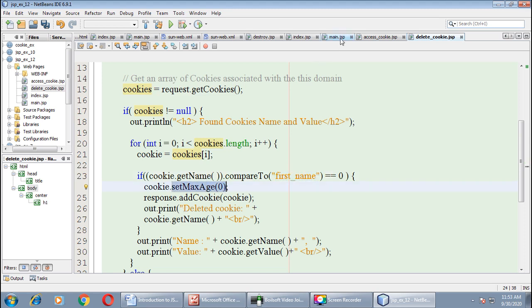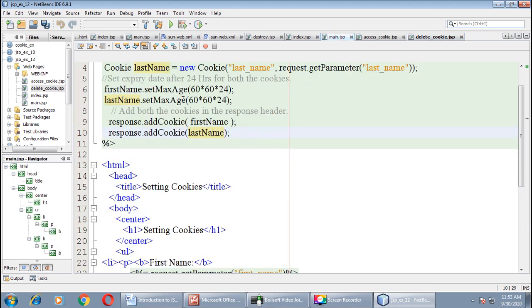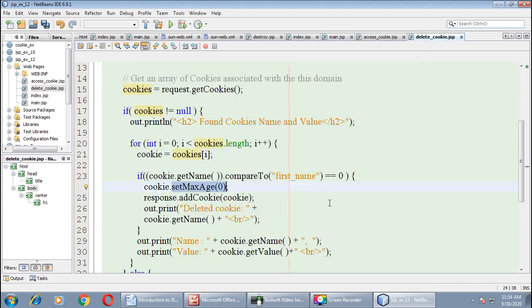As you know that in our main.jsp we set the maximum age for both cookies 24 hours, so it will remain alive for next 24 hours. But here in this page we want to delete the value of first name cookie, right? So here what we are doing, cookie.setMaxAge(0).